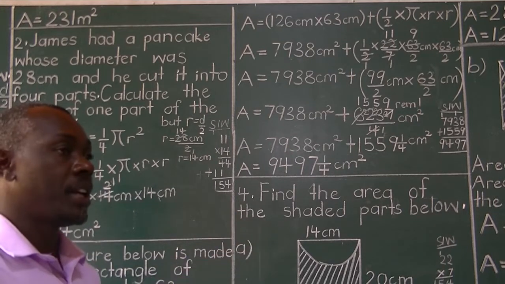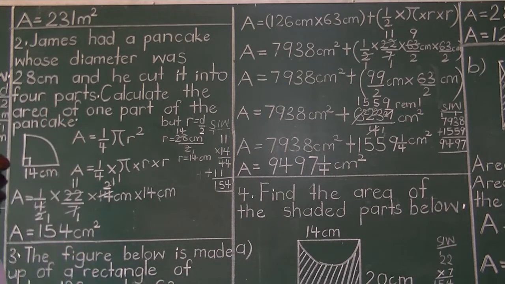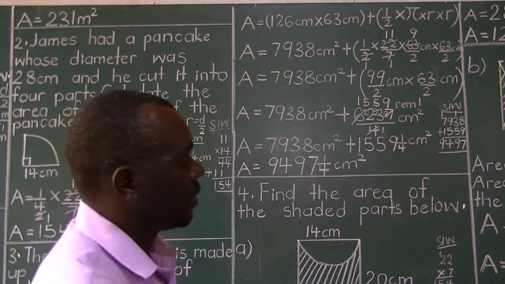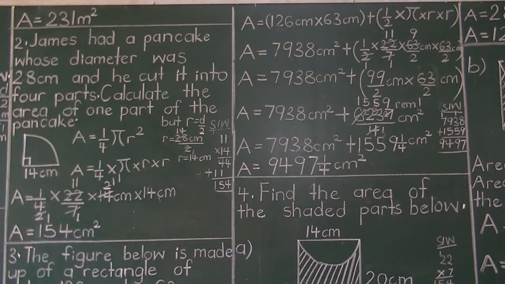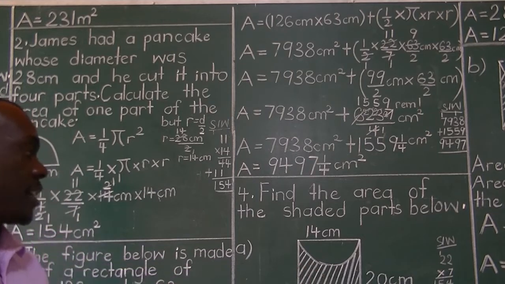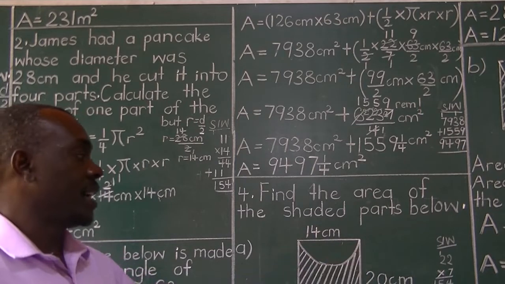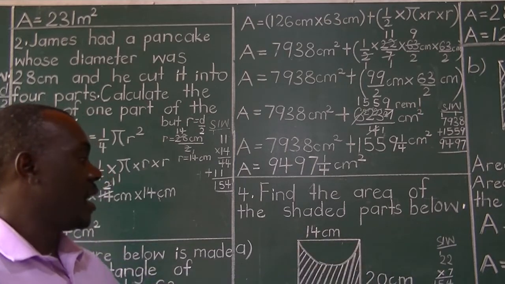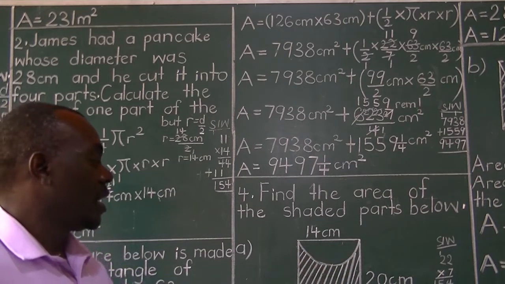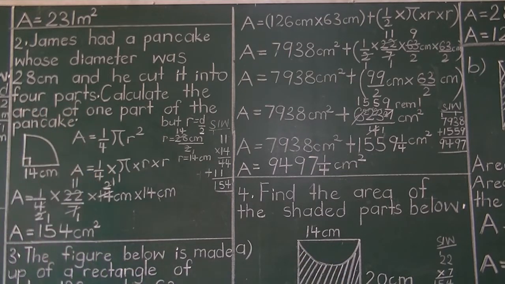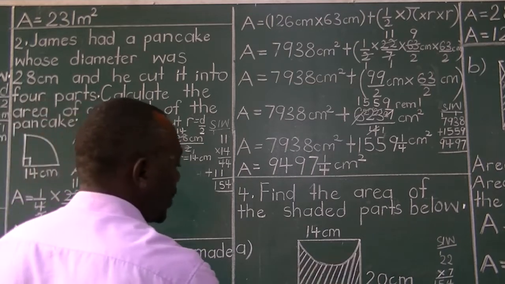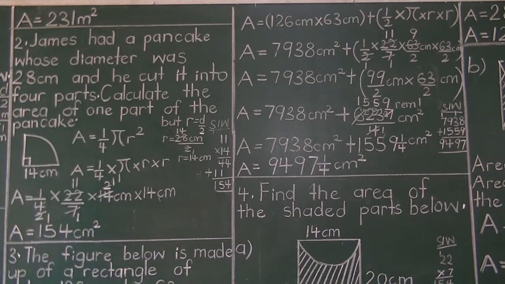As we go to example number 4, that reads, find the area of the shaded parts below. So there are two, this one and the other one. And to conclude our lesson, find the area of shaded parts below. Find the area of shaded part here first. So we see we've got the original, which was and is a rectangle, and now they put in two semicircles, one to one end, another one to the other end. Now they shaded this part, so they want you to find the area of that shaded part.